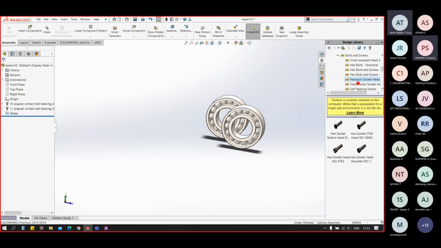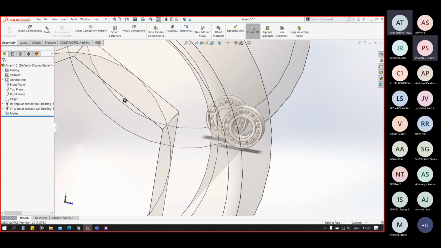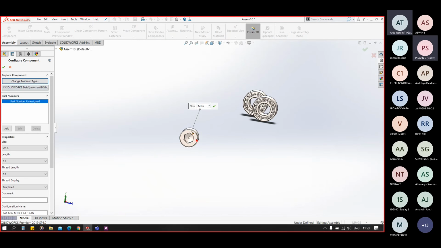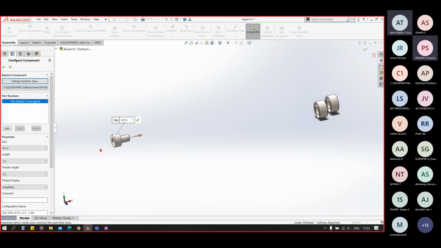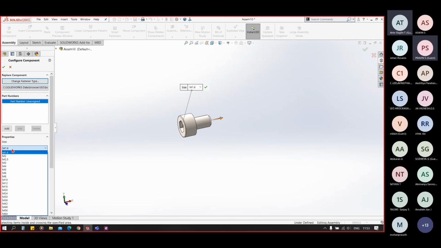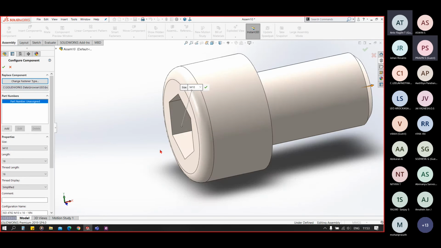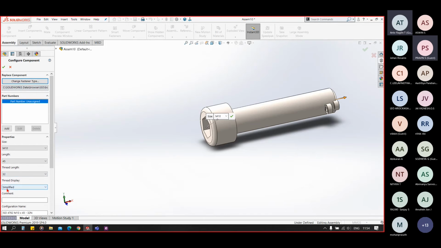Now let's go for the bolts. Now let's suppose I want this type of bolt here. I'll drop it and you can see I can select its size, let's say M10, its length, let's say 45, let's say its thread length, its display.